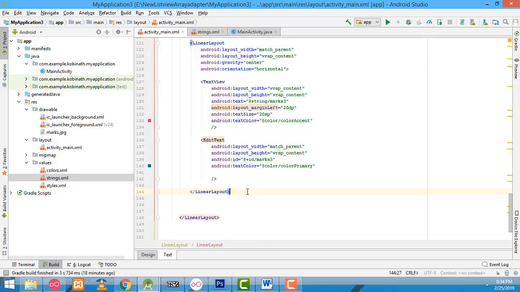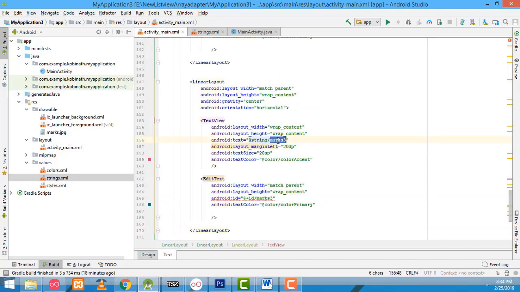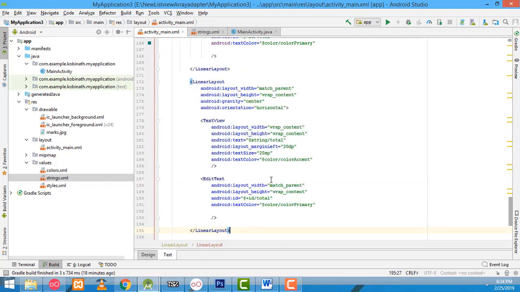After that, total, this one should be total, here also total, right? Ctrl C to copy, Ctrl V to paste below. This one should be, after the total, average. This one also average,